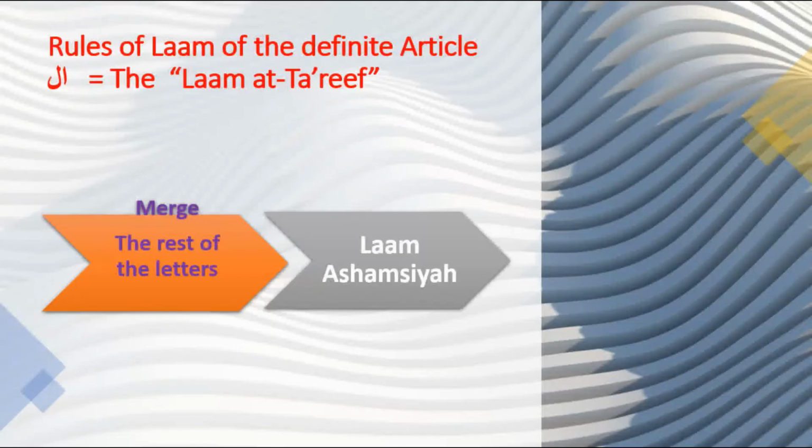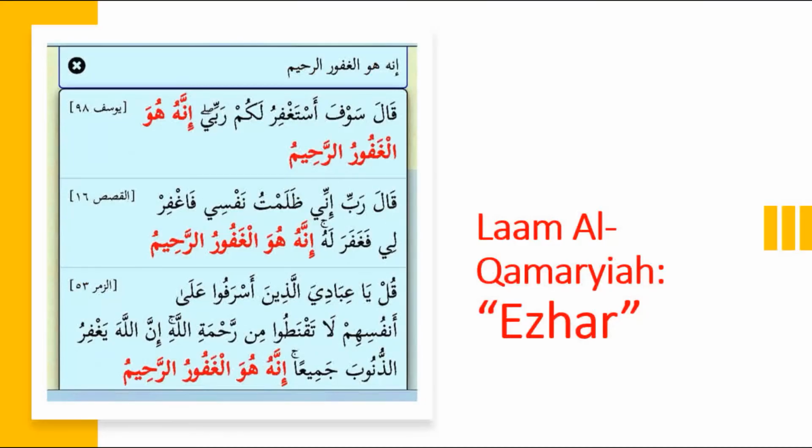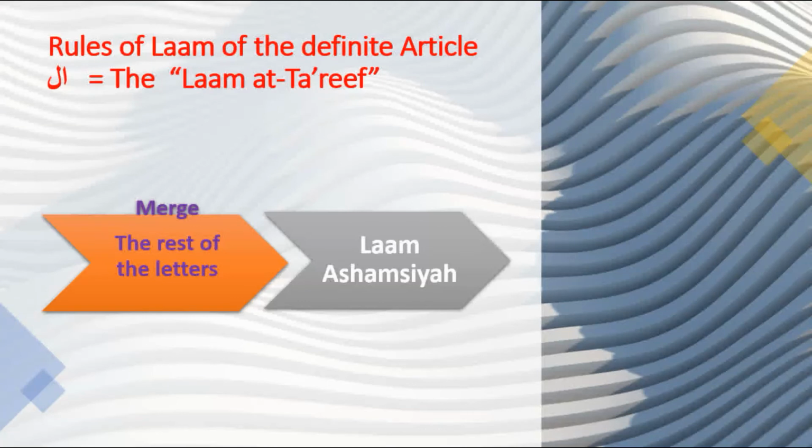So the rule of the Lam of the definite article is either izhar or merge. It is izhar when it is followed by abghi hijjak wa khuffa aqima, and it is merged with the rest of the other letters. So abghi hijjak wa khuffa aqima are 14 letters, and the other 14 letters will be merged, and it is called Laam Shamsiyyah. Let's take an example of Laam Shamsiyyah, like